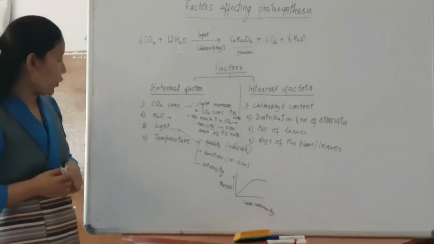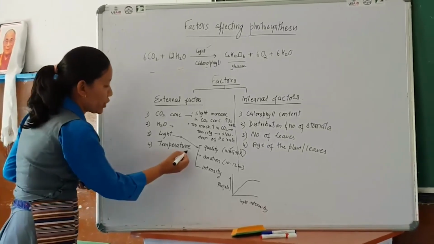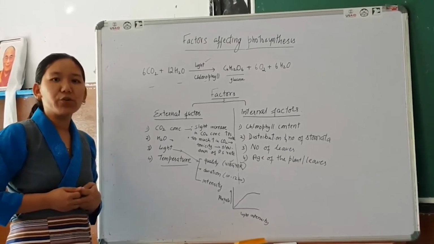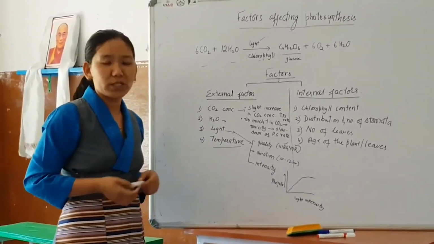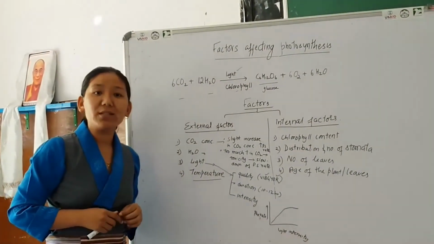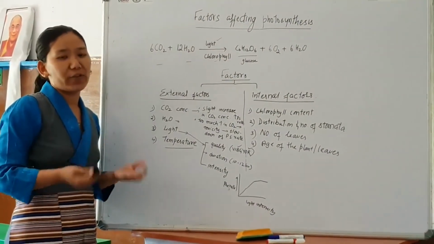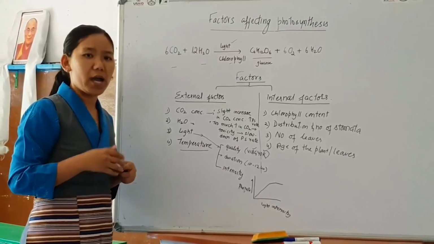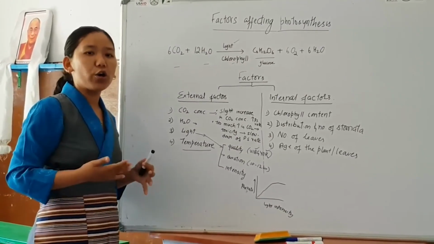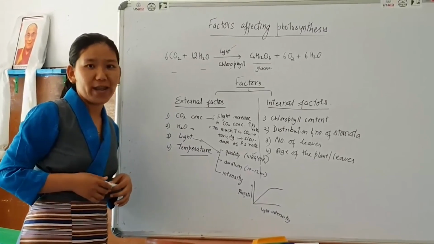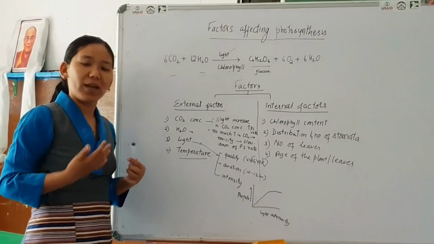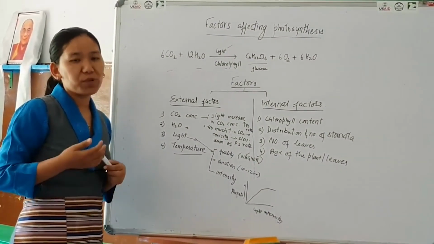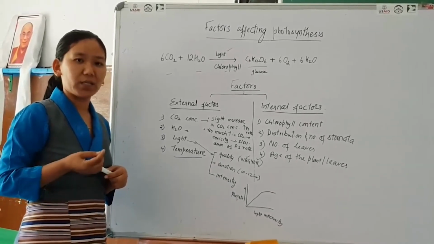So the fourth important external factor is temperature. We know that photosynthesis is a multiple-step chemical reaction, which takes place in living cells. All living cell reactions are catalyzed by enzymes, and the rate of activity of the enzyme depends upon the temperature. If the temperature is too high, beyond what the enzyme can tolerate, or too low for the enzyme to act, then of course the rate will be less. So the temperature required is an optimum, and the optimum temperature of each enzyme is different.